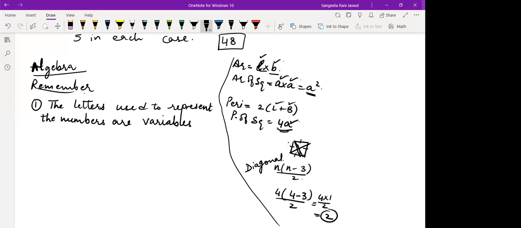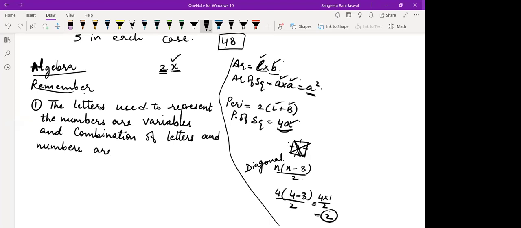Please write down nicely, neatly in your notebook. And combination of letters and numbers. So you can see when you were writing 2x, so this is a combination of a letter and a number. Okay? Combination of letter and numbers